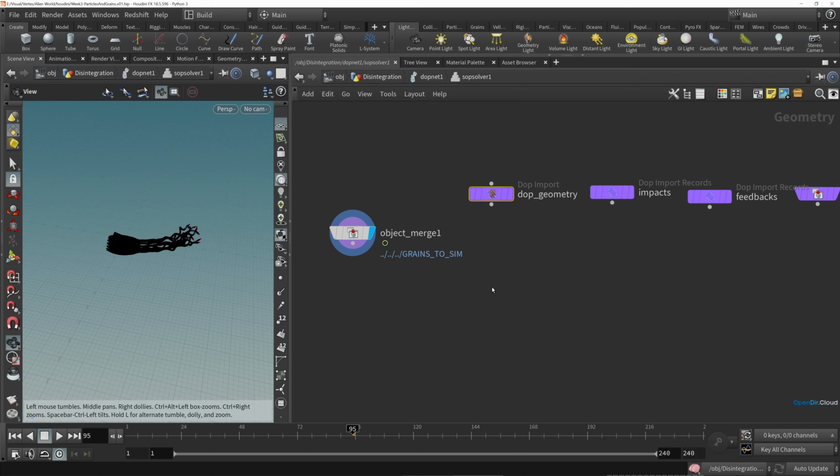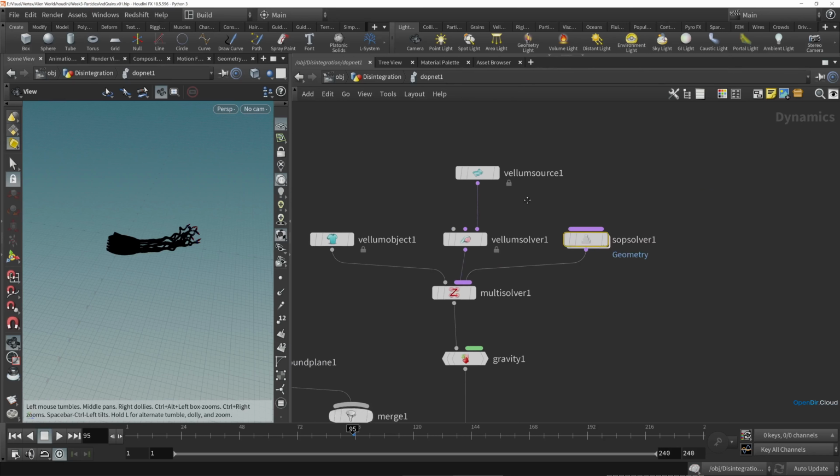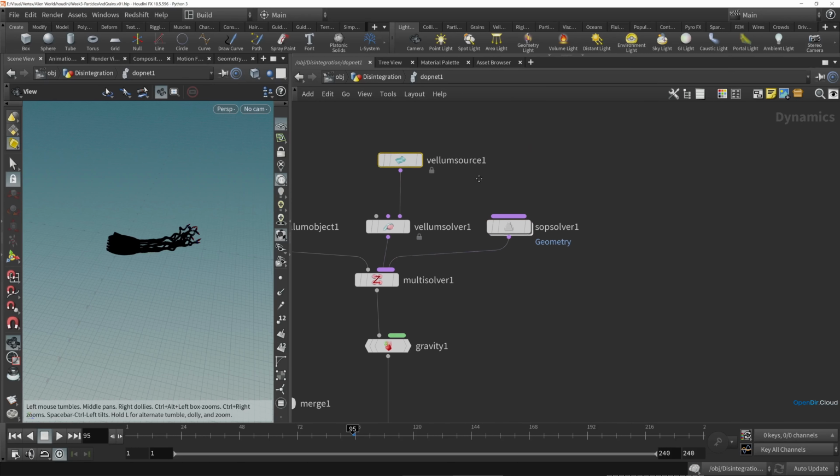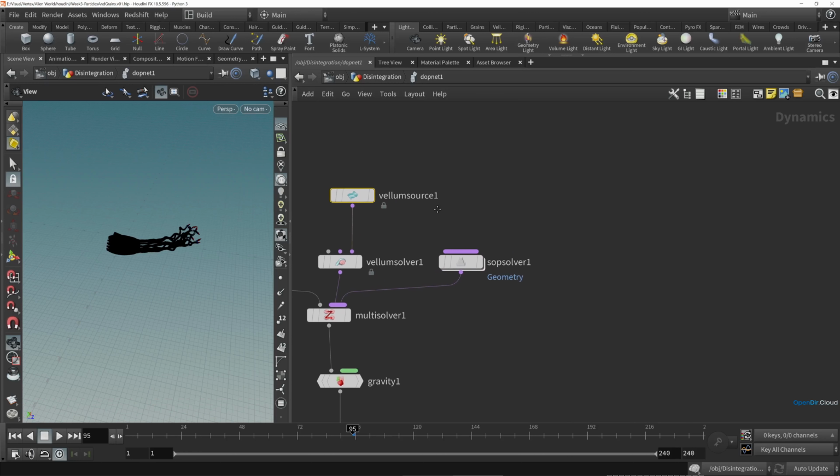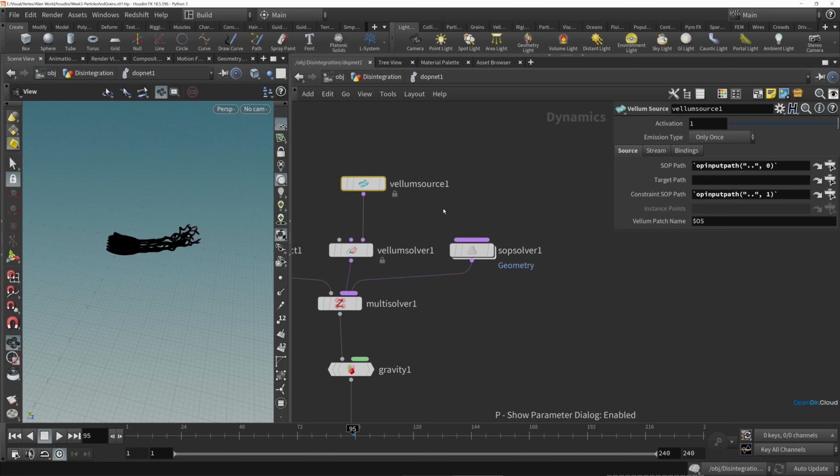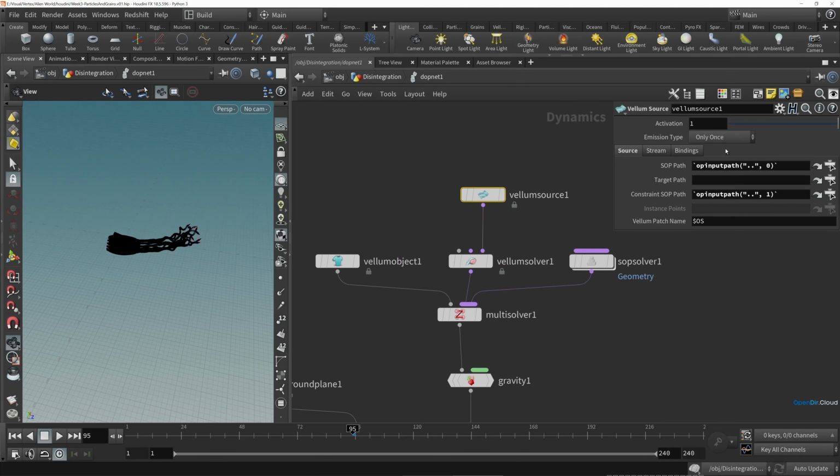And the main reason that we really need to do this is if we exit our SOP solver here, go back to our vellum source, this vellum source is only bringing in that geometry once at the beginning of the simulation. So you can see the emission type is only happening once. This isn't going to continuously read the attributes from the input. This will grab whatever the state is of the DOPNet input at the start frame, but it's not going to continually update the simulation objects based on the input,